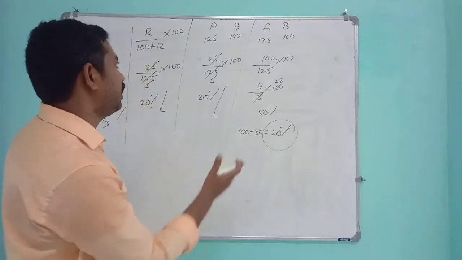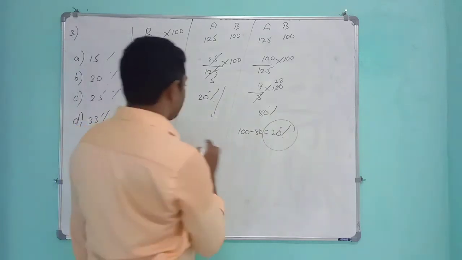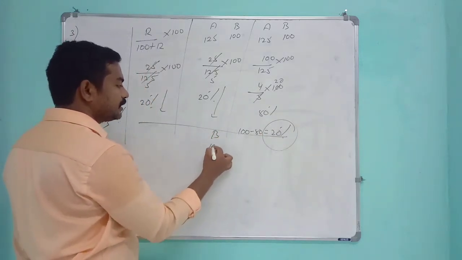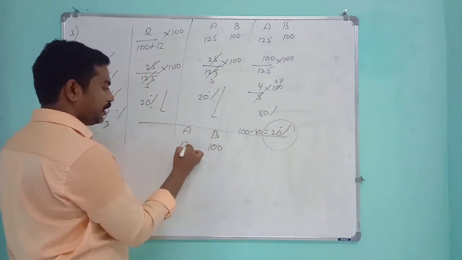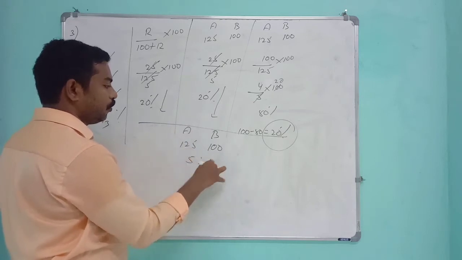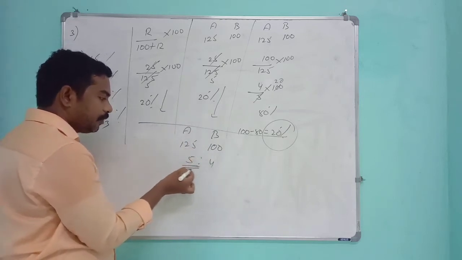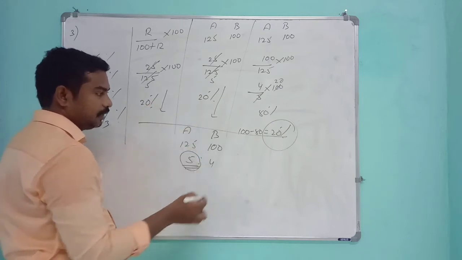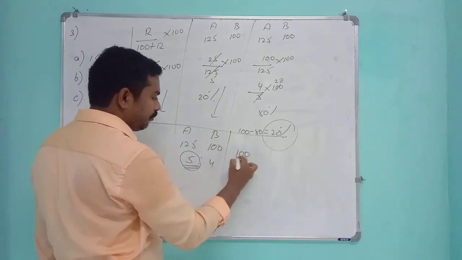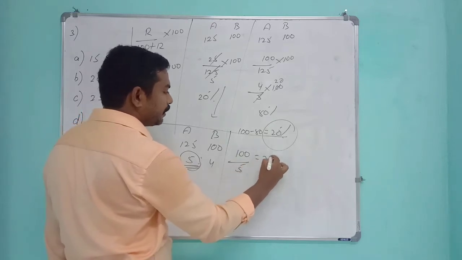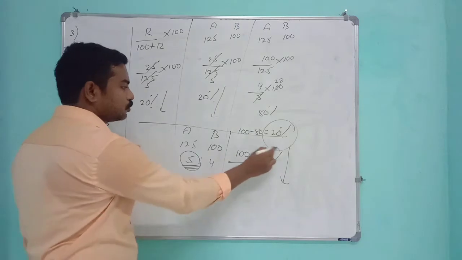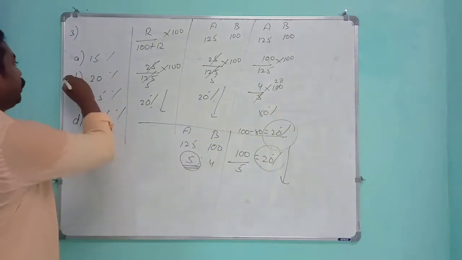This can be solved in different ways, but if you see the direct shortcut method, if we consider the value of B as 100, A should be 125. Similarly, this is nothing but 5:4. Now, if you see the question clearly, it is asking to compare with A. So directly 100 by 5 is nothing but 20 percentage less compared with A. So the answer is 20 percentage. That can be seen in option B.